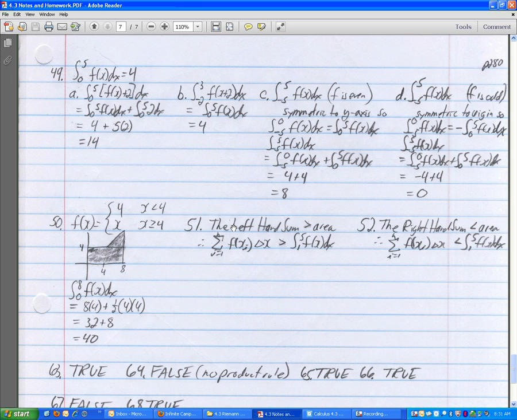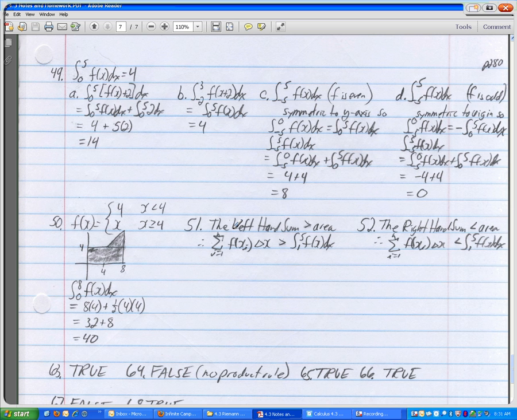let's see. Consider the function f that is continuous on the closed interval from -5 to 5, for which the integral from 0 to 5 of f of x dx equals 4. Then evaluate each integral. So for part A,